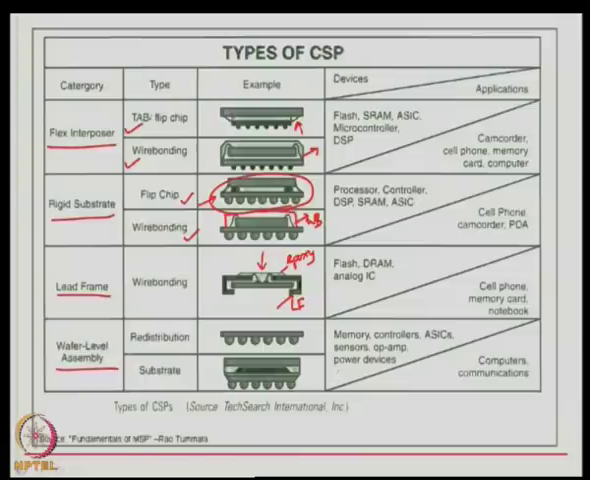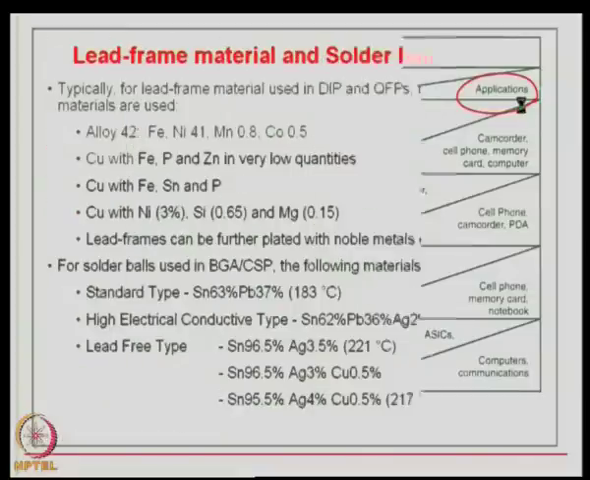Sometimes the number of IOs can be less than 50. Therefore, the typical application areas can be sensors, operational amplifiers, power devices, memory devices, microcontrollers and so on. You can see the various application areas for CSP. CSP is the most current in packages after BGAs. These are typically used for low IO devices compared to a BGA, and they are catching up typically for handheld